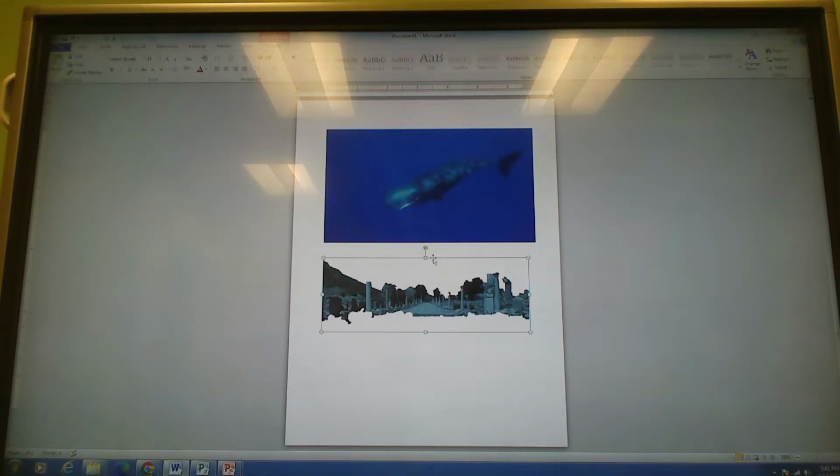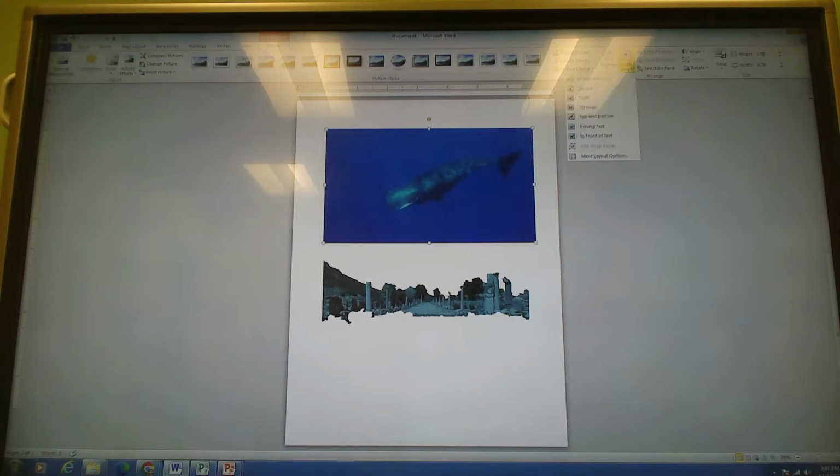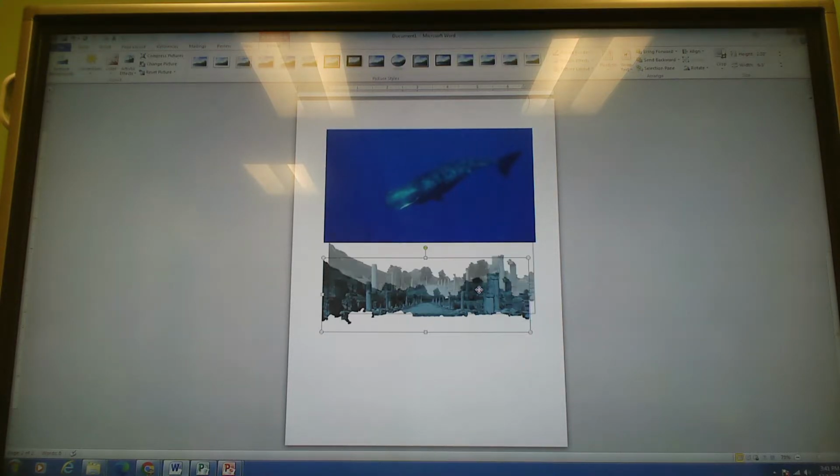If I click that below, now it's got space for it. But I'm going to wrap this tight. That means I can move the images together without any problem. So now when I go here,